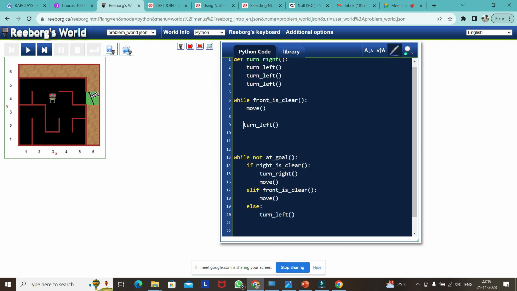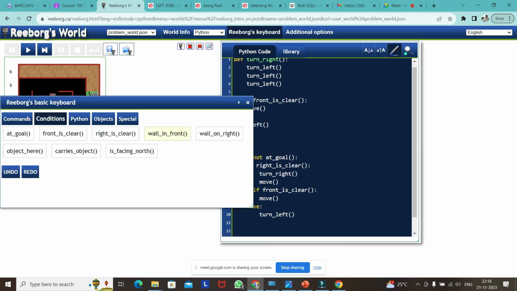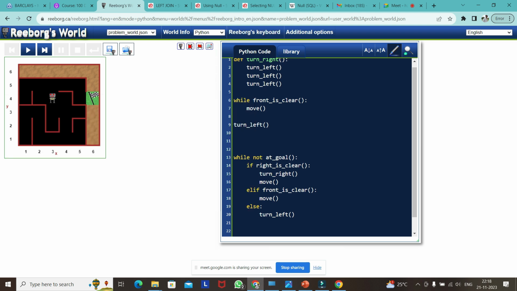I think front is clear only, right? Yeah, I think front is clear only. So why we have written this loop means the robot will move a step and it will turn left and check whether it is hitting any wall or whether it is clear or not. So if we run the same again,